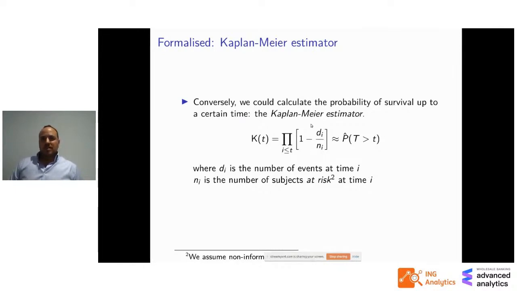And if you multiply this factor over all the times that came before it, you basically get the overall survival rate. So if you take 0.9 and 0.98 and you multiply those together, you see what fraction would have survived by the end, okay? And this, it sounds incredibly simple, and it is, but it actually incorporates all the right